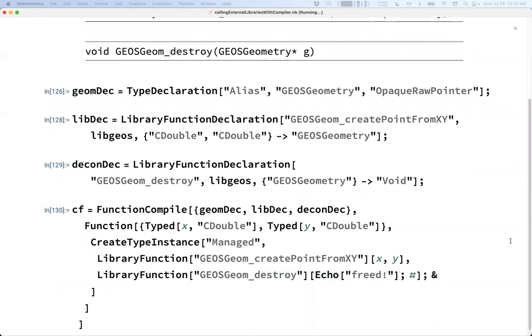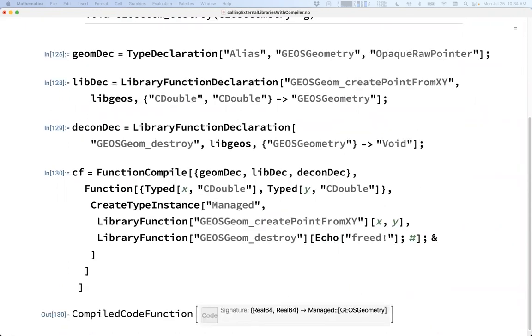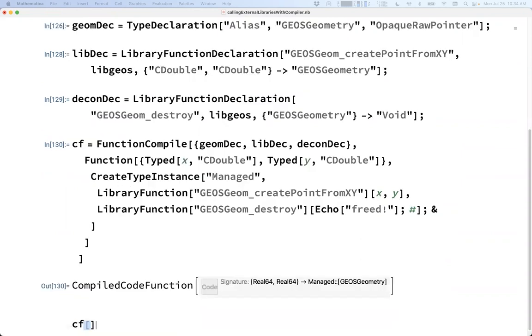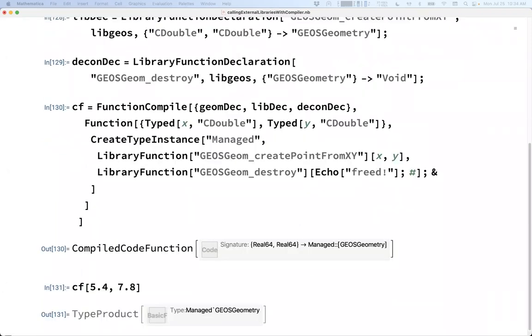So I'm going to run this, and it's now compiling. What this should give us is a compiled code function that again takes two doubles or real 64s in this case, and returns this managed GEOS geometry object. So now I can try actually calling it. So maybe I'll do something like this, and you see we get back this object that looks kind of ugly and should look prettier, but this is just sort of an